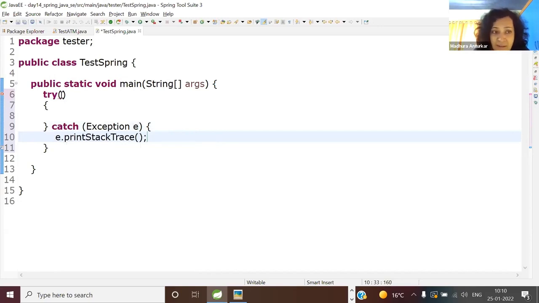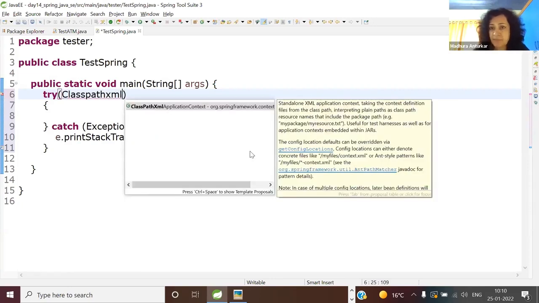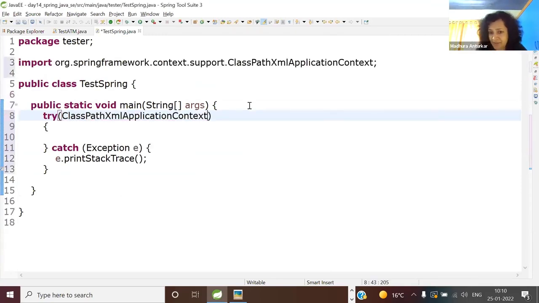And here, let us create the instance of ClassPathXmlApplicationContext to start the container. Okay. So ClassPathXml, you just say control space. It tells you standalone XML based application context. ApplicationContext is nothing but the interface which represents a Spring container. Context is equal to new.